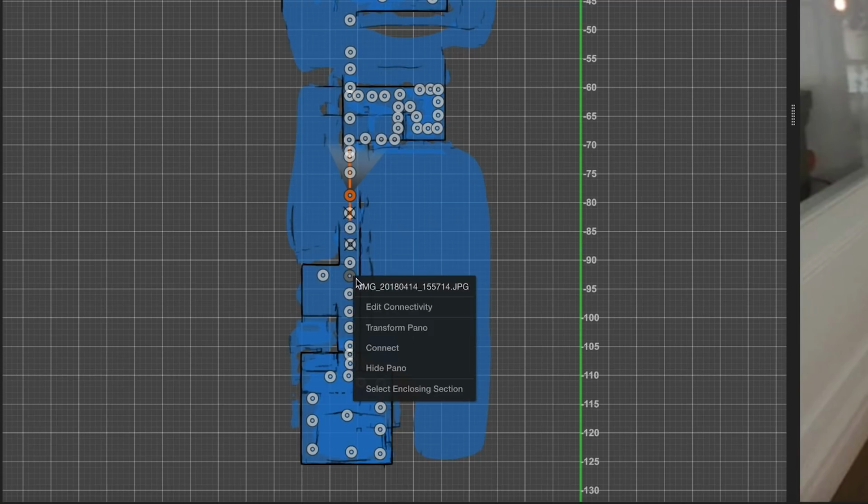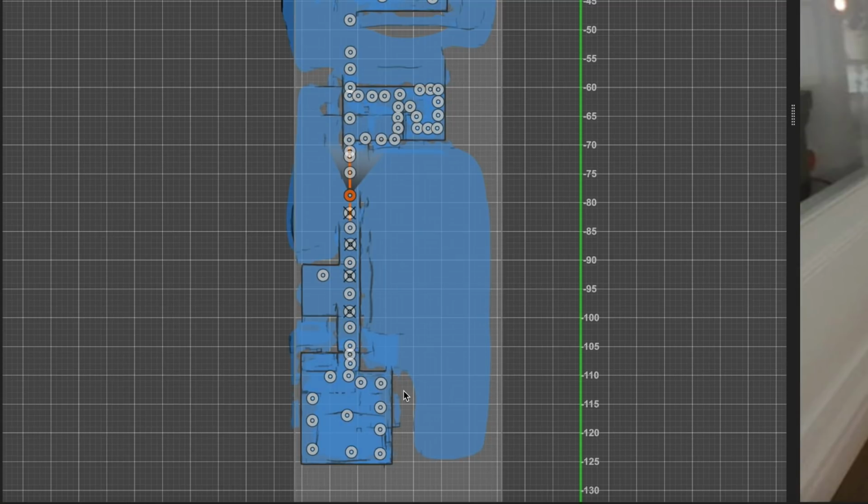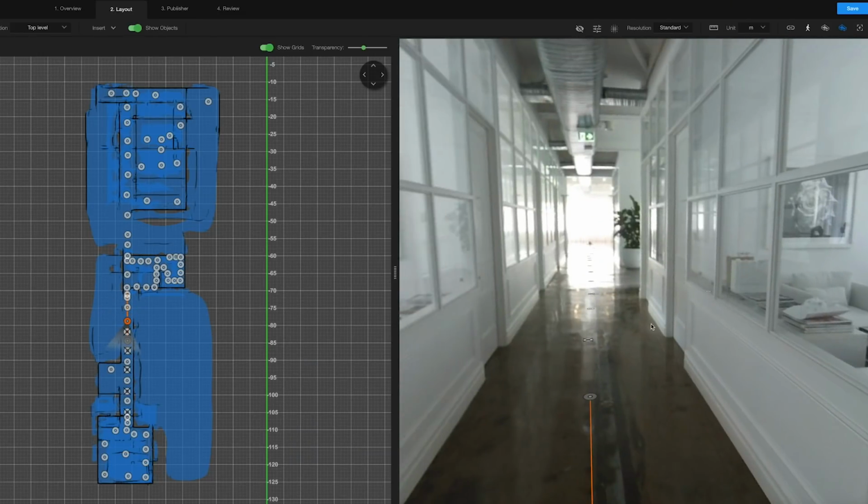So when people are watching this back, they don't have to click 6,000 times to get down this hallway. It'll be half of that, only 3,000, but it will make a difference. Think about the end user experience. It's all about getting the balance right between showing enough detail of the space and showing too much. You don't want to show too much. Just show as much as is necessary. In the more interesting rooms, definitely have more points, but in bigger areas where viewpoints don't change that much between points, I would keep your points to a minimum.